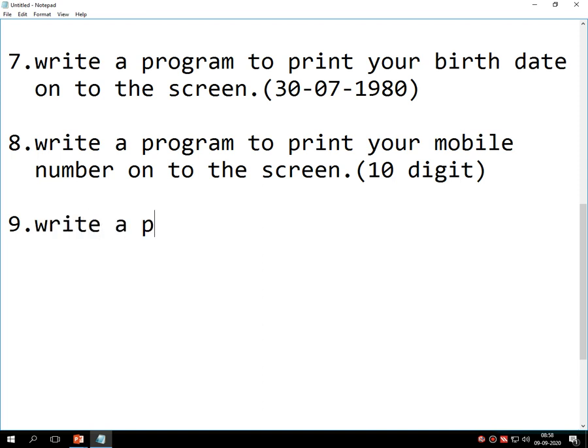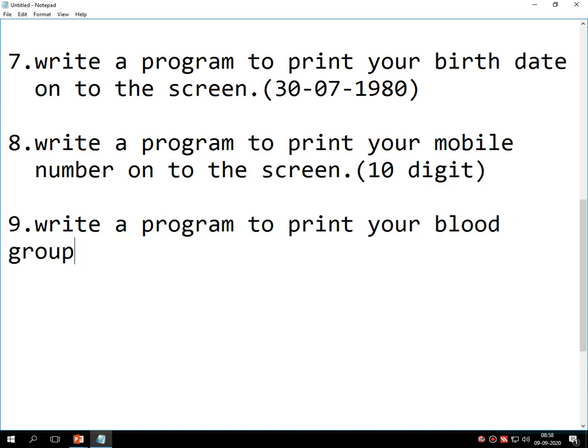Write a program to print your blood group onto the screen. Whatever the blood group that you have, print it onto the screen. For example, O negative. Output should be like this.